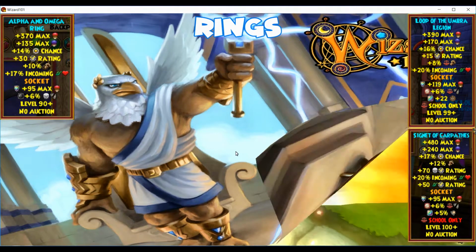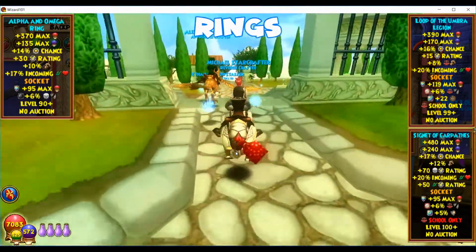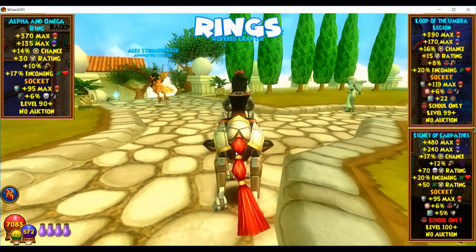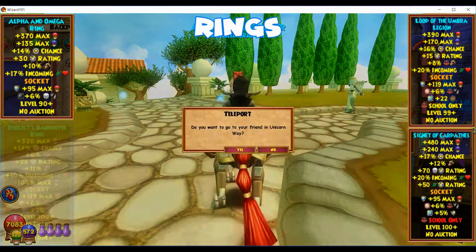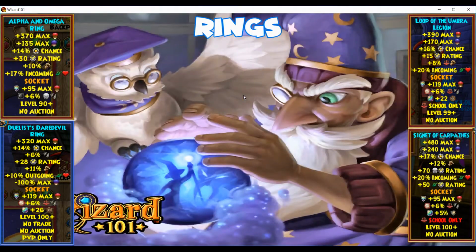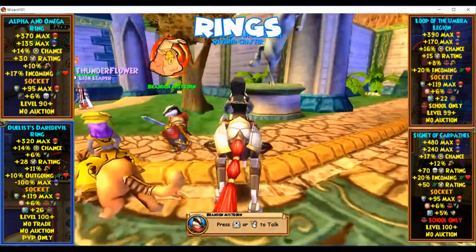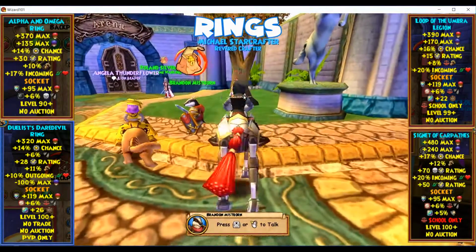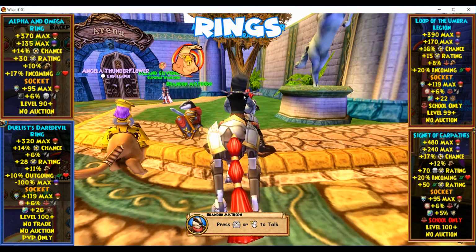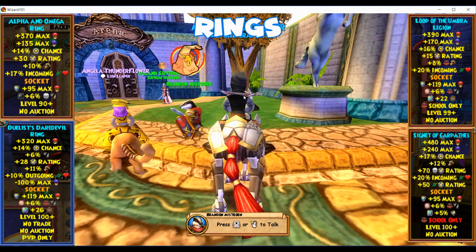So you can come and battle the Gladiator here at Mount Olympus, and he has a chance to drop the Alpha and Omega ring. Also has very, very good stats. And then our last option is going to be the Duelist Daredevil ring, and you can get that from Brandon Mistborn for arena tickets. So you can come here and buy that for arena tickets, and it also has very good stats. This is one of the only ones with Pierce, so like I've said before, Pierce is very important for PvP. So those are going to be my 4 top picks for